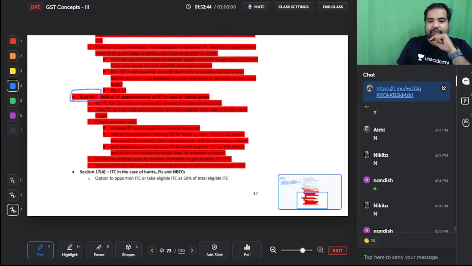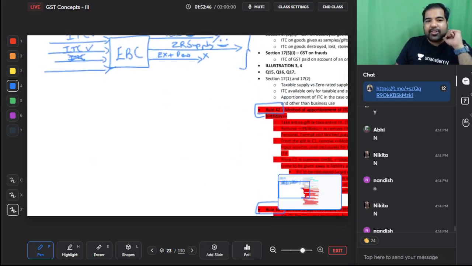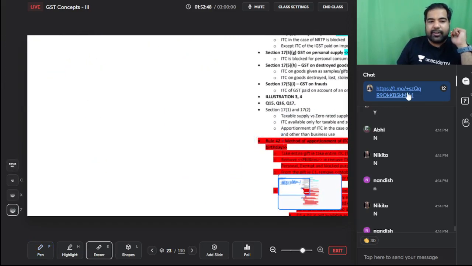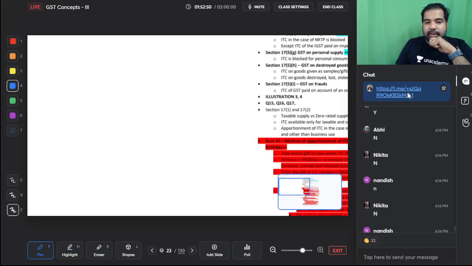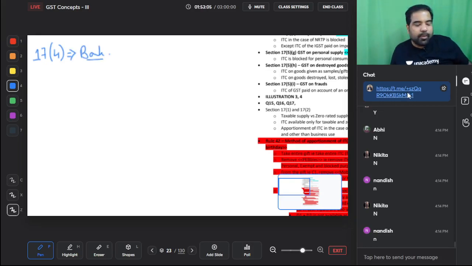Alright. And the last section in 17, that is 17(4), everyone on the screen, 17(4). Guys, if you have a bank account, that bank has 174 branches. You have to think like that, otherwise how will you remember 17(4)? So what is 17(4)? 17(4) is only to be used by banks and financial institutions.